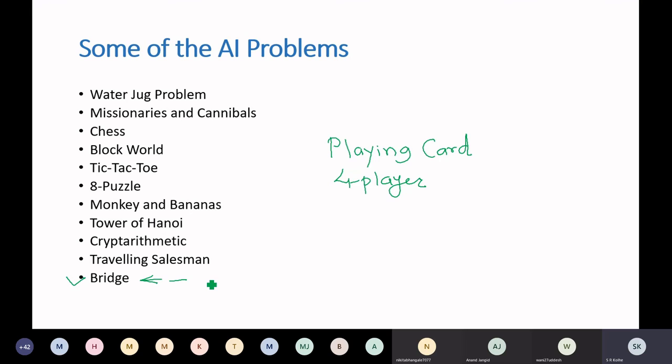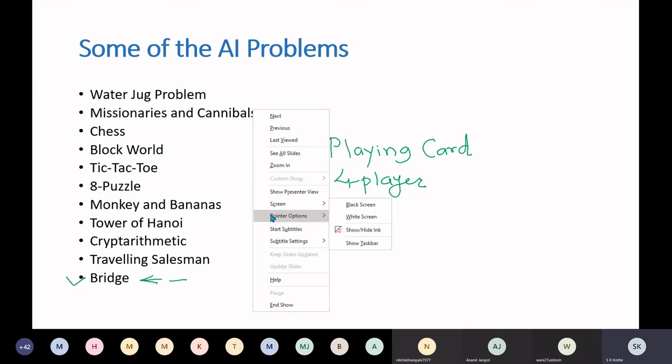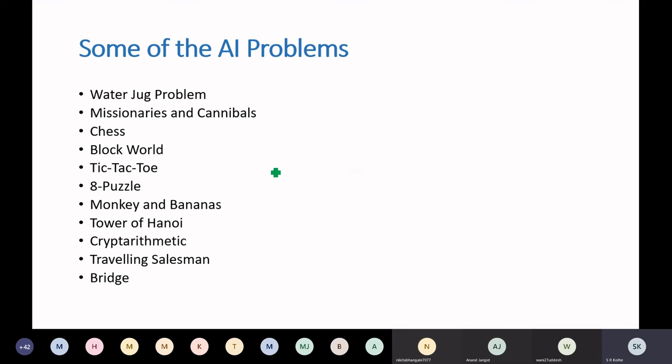And the second thing is how to define the state space representation for this problem, right? These are some of the problems for which you are expected to know the definitions and the state space representation. At least you should arrive at a very good state space representation for these problems. Any difficulty up to this?